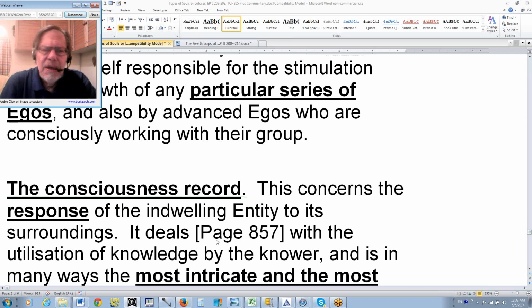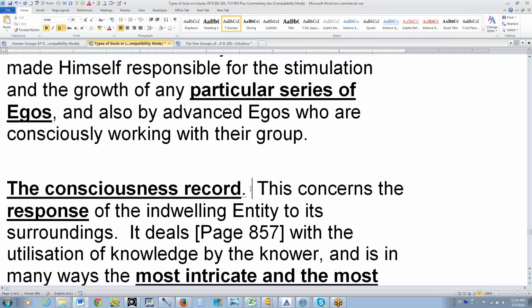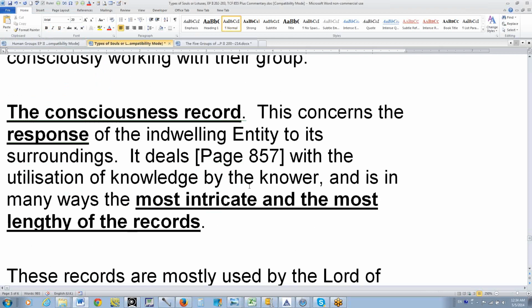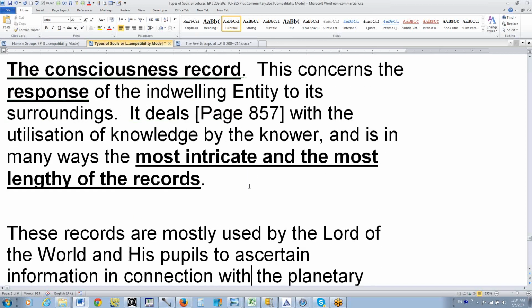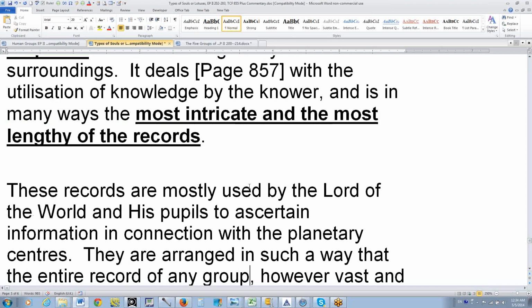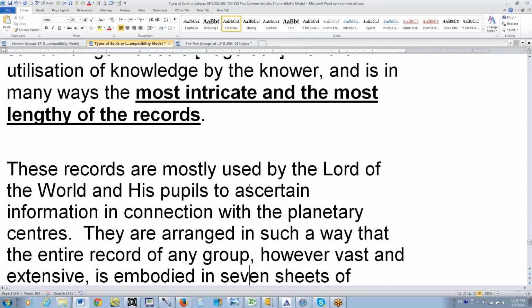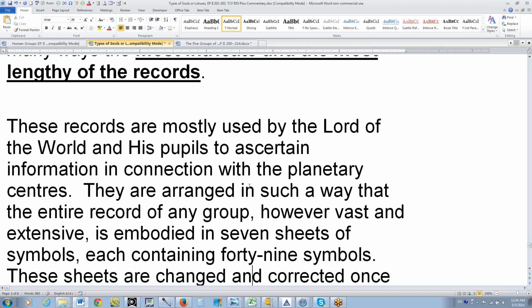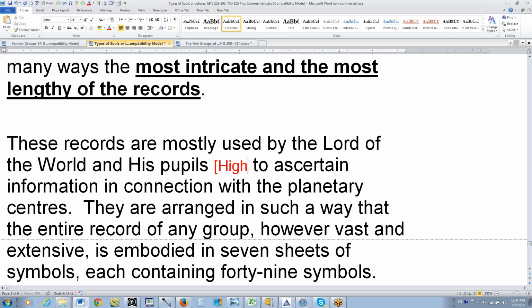All right. Well, it's a lot to learn, is there not? You know, Master DK has given us the ABCs, but for us they sometimes seem like the XYZs, but we will gather the information as we need it. These records are mostly used by the Lord of the World and his pupils. Now, who are the pupils? We could say they are high initiates,